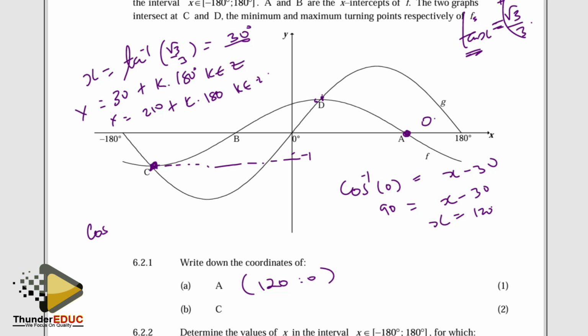So I'll say shift cos of negative 1 should give me x minus 30. Is that going to make sense? Okay, shift cos of negative 1, it's not making sense,